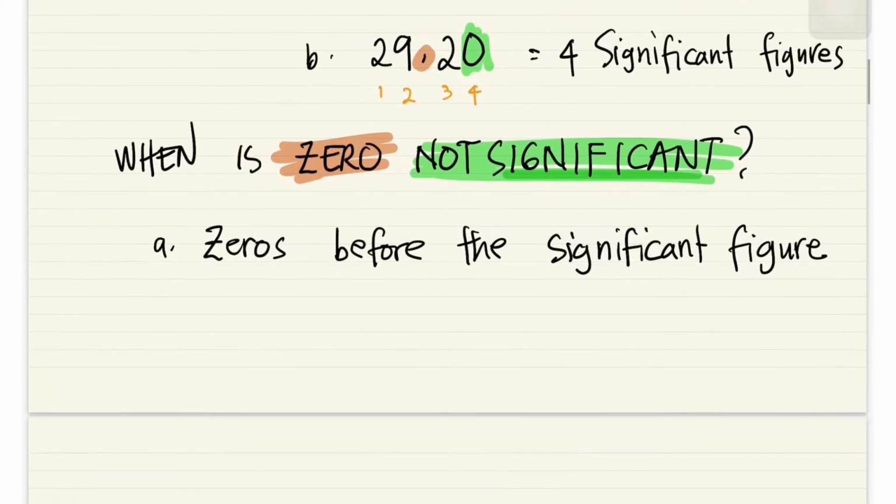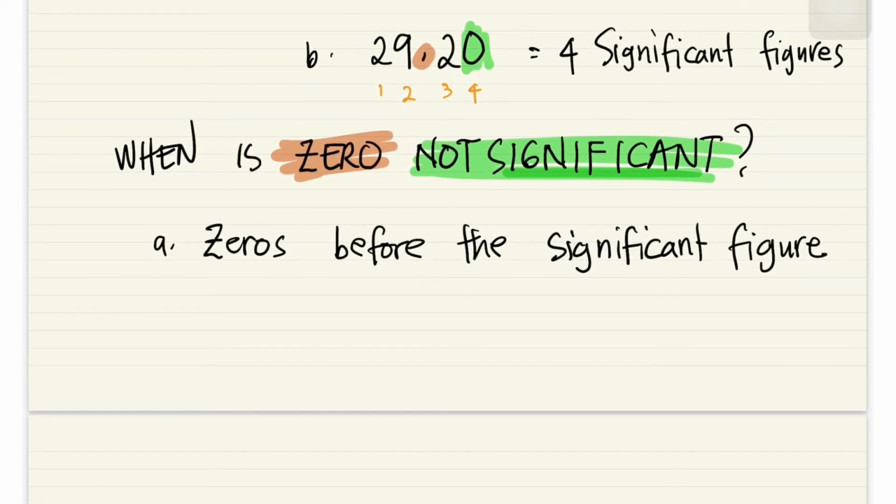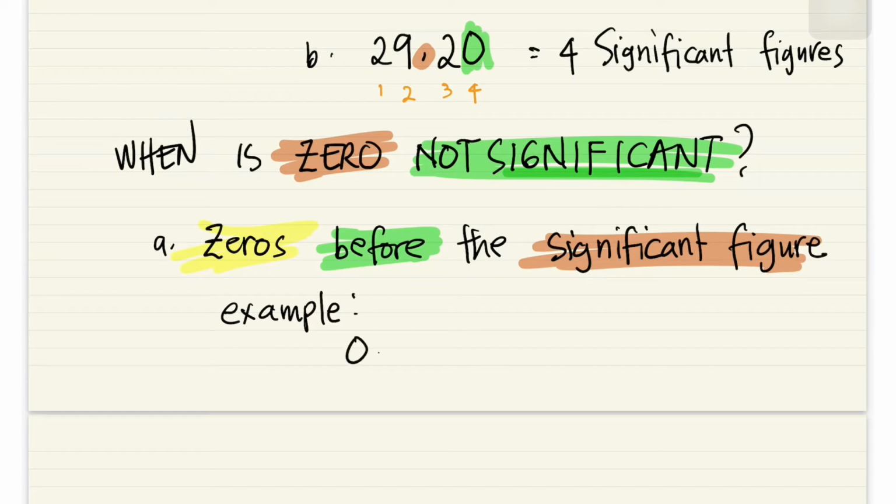Alright, zeros before the significant figure. Again, remember the word before. Zeros before the significant figure. All right, before. So let's have an example for that. All right, for example, we have